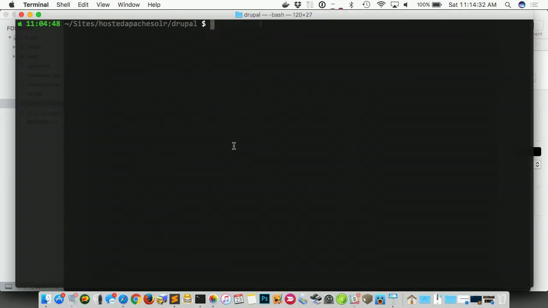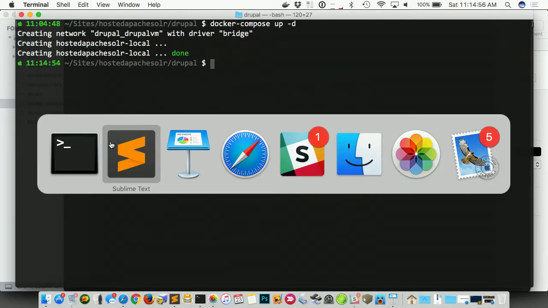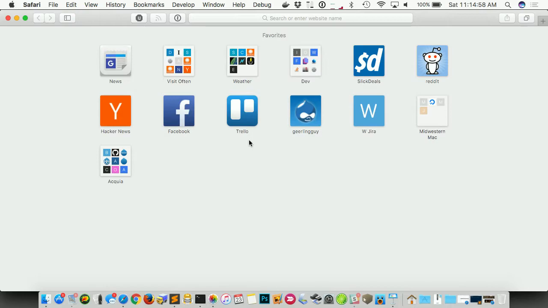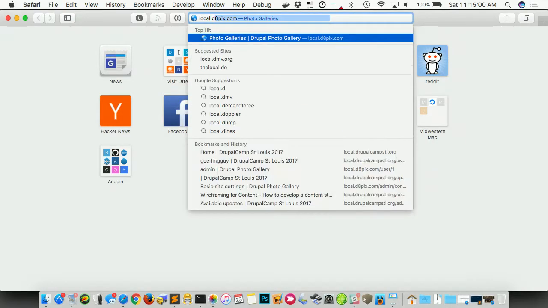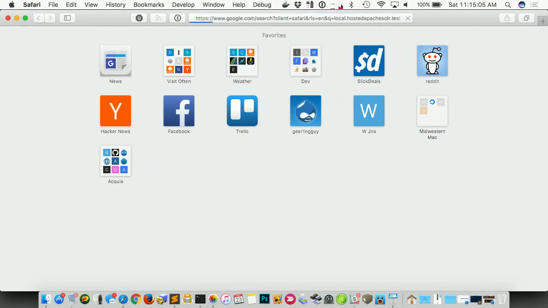But if I run docker-compose up, then it'll build the networking for it so that I have it on that IP address. And then after 5 or 10 seconds doing that, it'll bring up the containers. All right, so it brought up the containers, and then if I go to hosted apache solr.test,